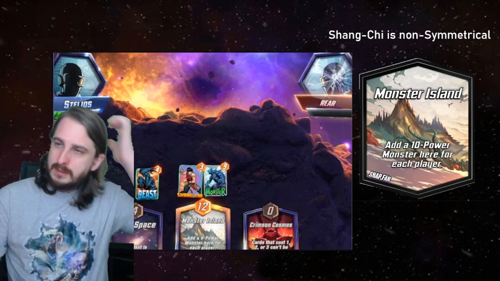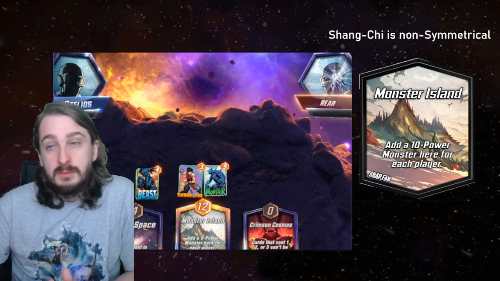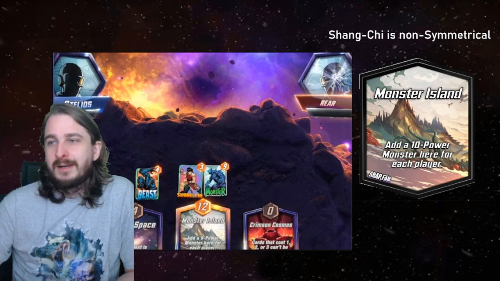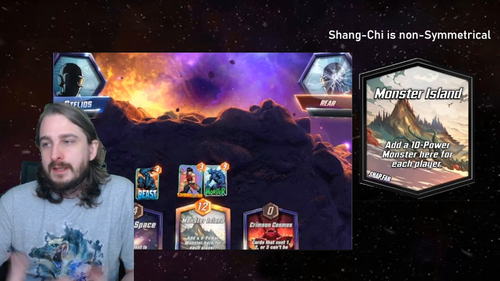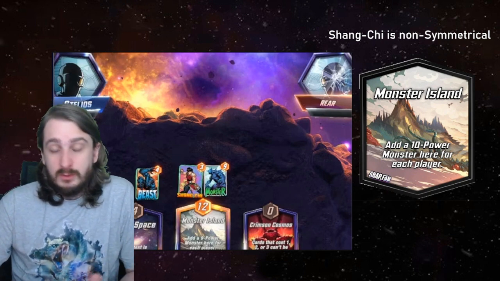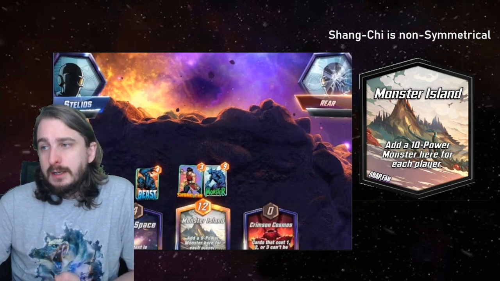And the one case that I think in particular where this is very annoying is Monster Island. Monster Island gives both players a 10 power monster. And you can see in my very old tutorial image that I found online that if you Shang-Chi into the monster lane, you don't need to do anything else. You've destroyed all the power that they got there for free, and you just got 10 power for free,